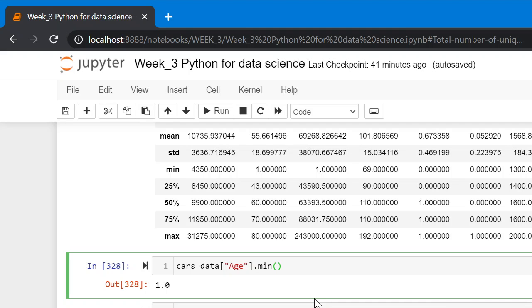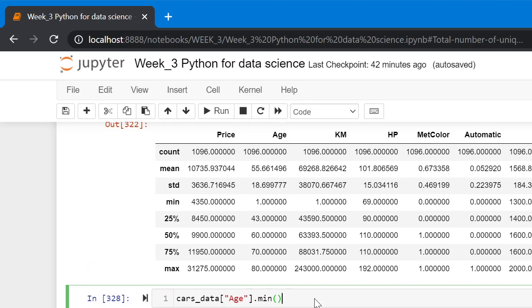Individually, we can see the different statistics using these methods.